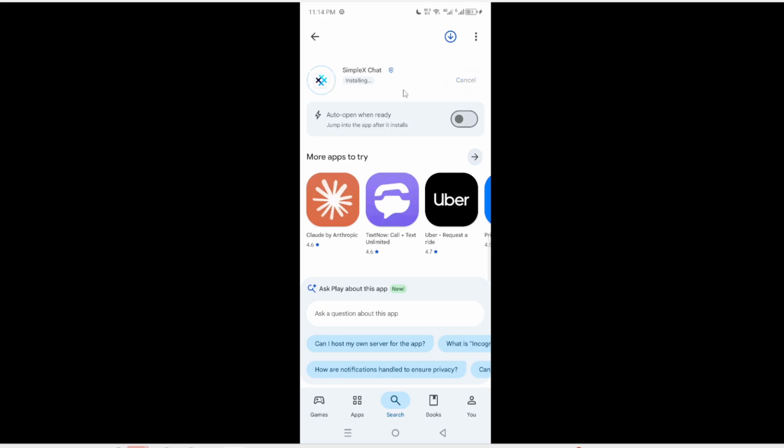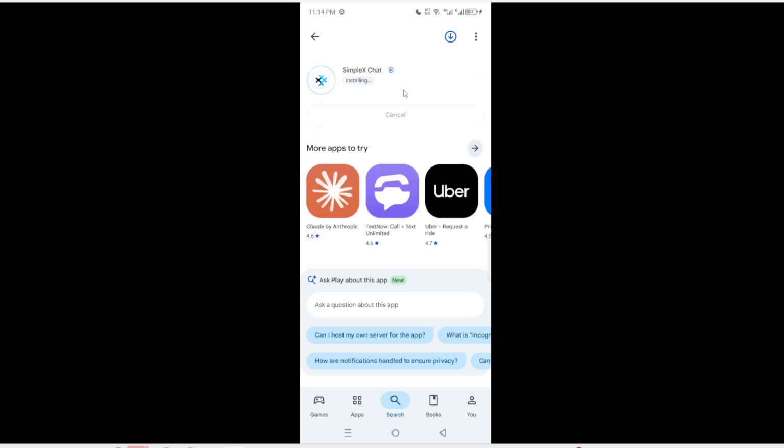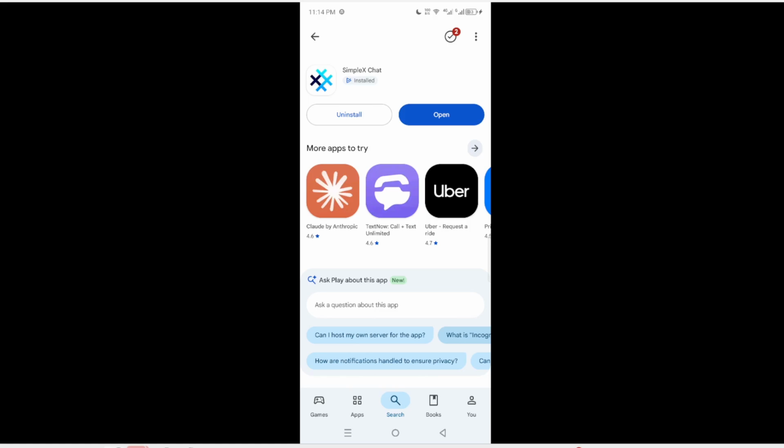the app installed. After the installation is complete, you will see an option that says Open. You can either tap this to launch the app immediately or find the app icon on your home screen. If you choose to open it later, simply swipe through your apps to locate the SimpleX Chat icon. Opening the app for the first time will often guide you through setting up your account. This is a reassuring point because you will be immediately ready to start chatting once you complete the setup.